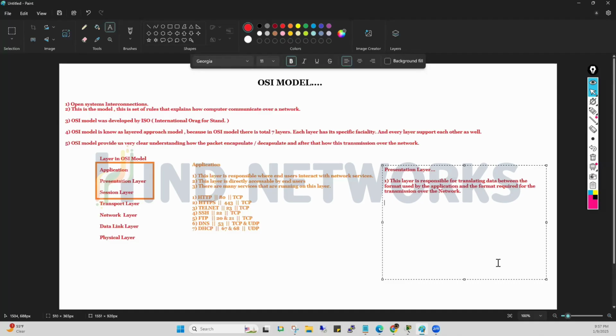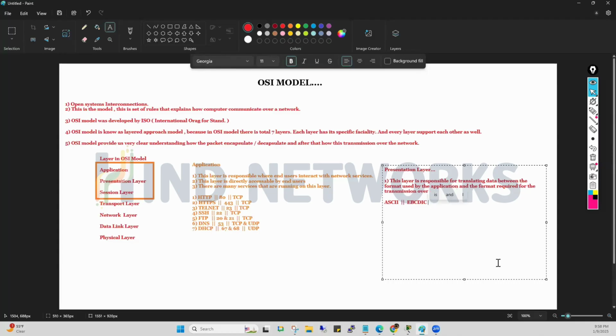So maybe from the application layer, you will get the data in a different format. For example, you will get it in the ASCII format, or you will get it in another format. There are multiple formats. For example,